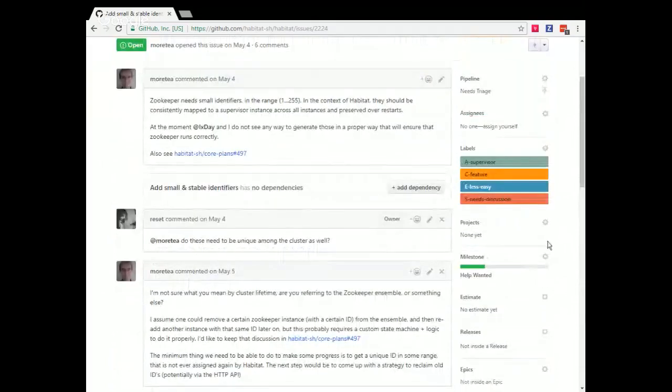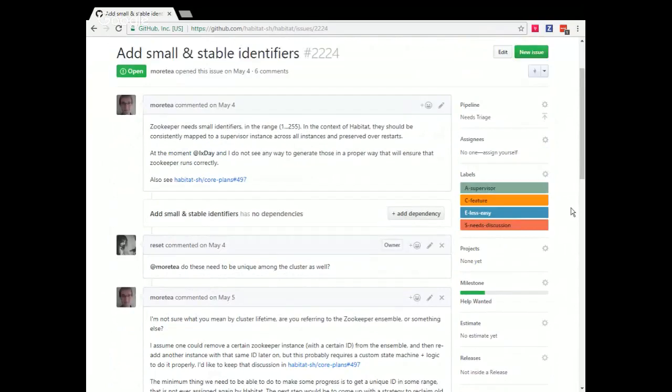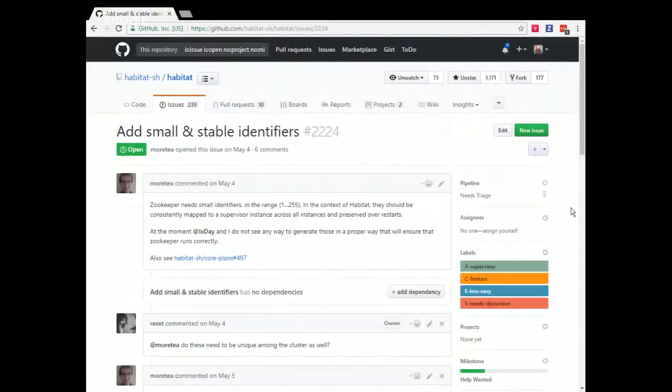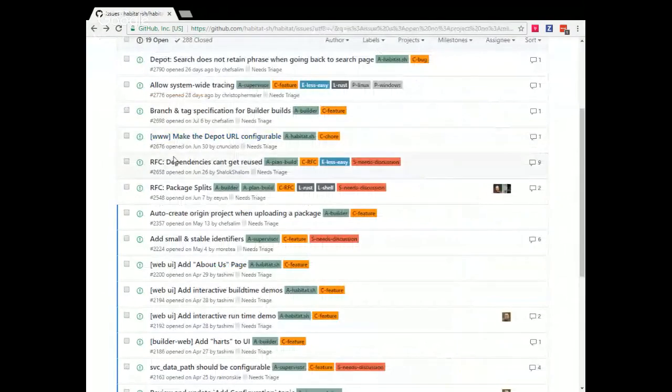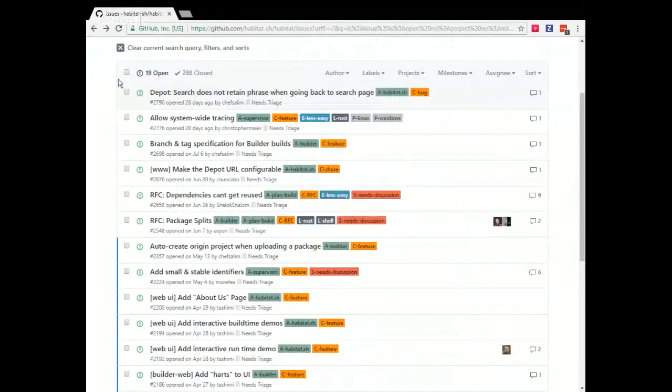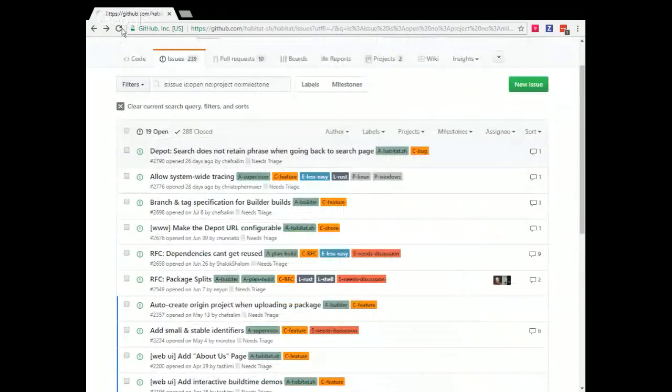So we'll come back to that. Again, anybody who's watching, our help wanted milestone that we use is just a bucket. We revisit those issues every month and move those things around. We do the same thing with our accepted minor to see what's going to get put onto the backlog. It's sort of our holding area until we know exactly what we're going to prioritize. All right, 2224 was the last one.